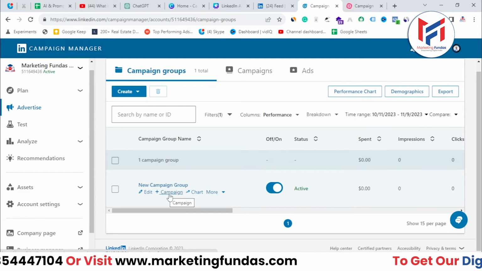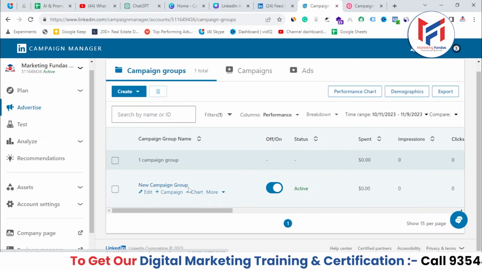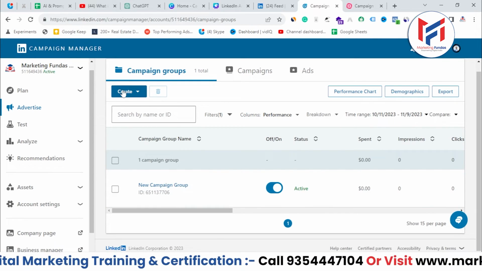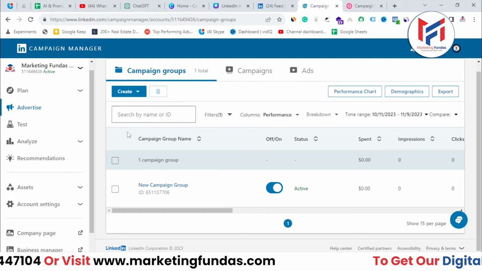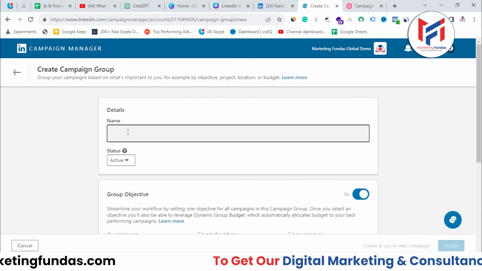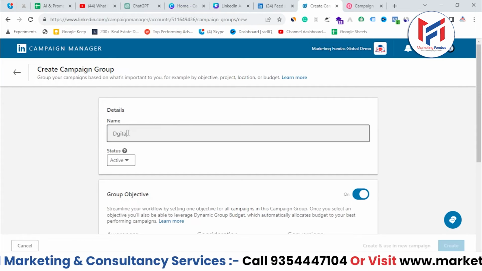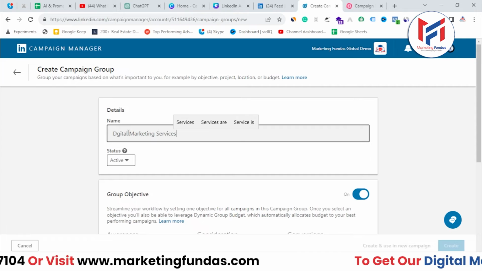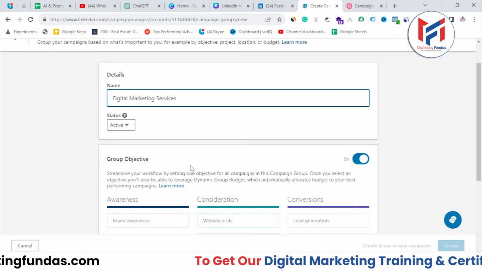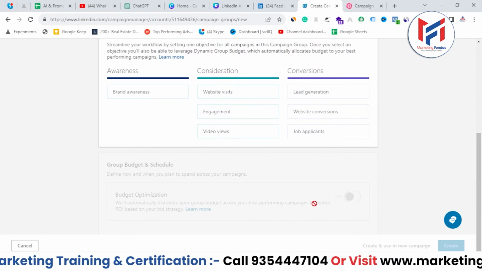You just need to click on this plus campaign button and you'll be able to create a campaign under this campaign group. Otherwise you can click on the create button and directly from here you can create a new campaign group, right? Let's say I'm creating one for Marketing Fundas, which is digital marketing services, right? And everything should be active and the objective should be on. You don't need to do anything here,